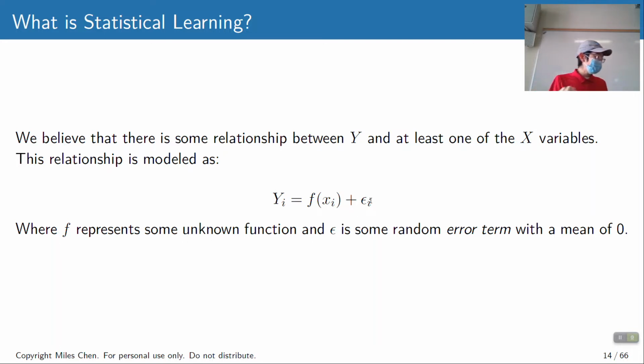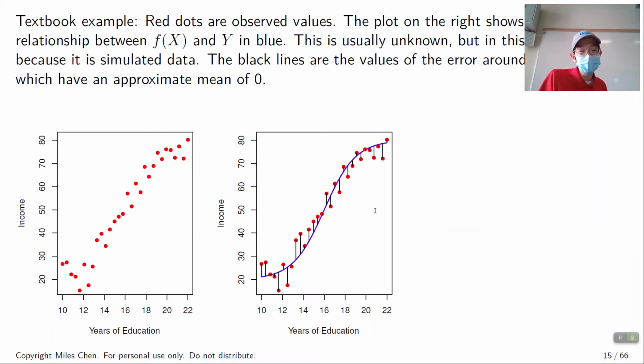And what we're saying is that we want to try to figure out the relationship between the things we can account for, between x and y, and we'll just have to accept that there are things that are unaccounted for, and that's going to get wrapped up in the error term here. Okay, but we're going to assume that the mean of the error is 0.